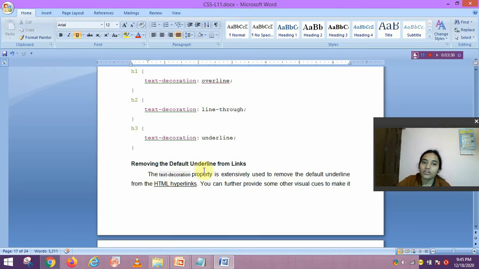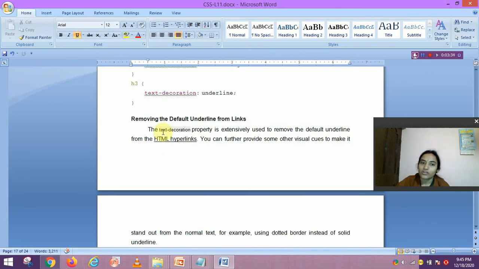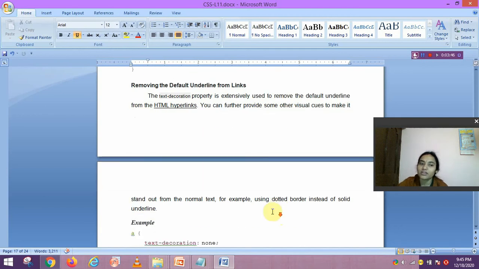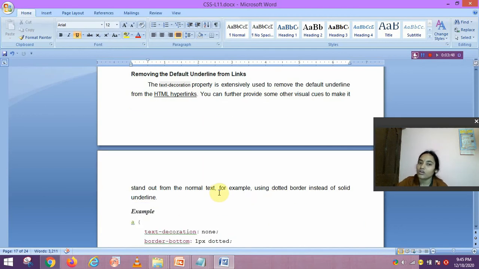The text-decoration property is extensively used to remove the default underline from HTML hyperlinks. You can further provide some other visual cues to make it stand out from the normal text, for example using a dotted border instead of a solid underline.